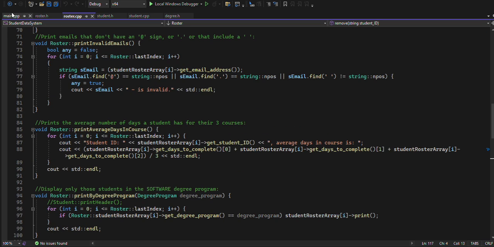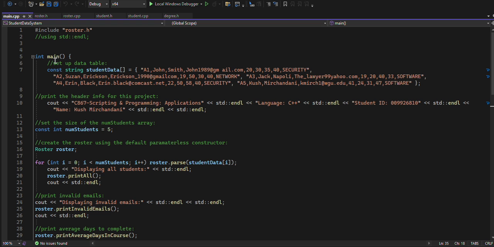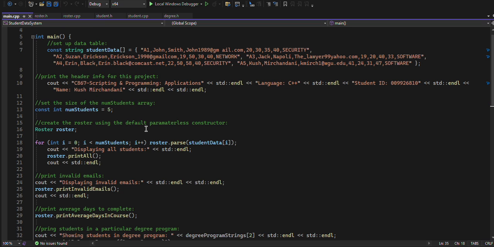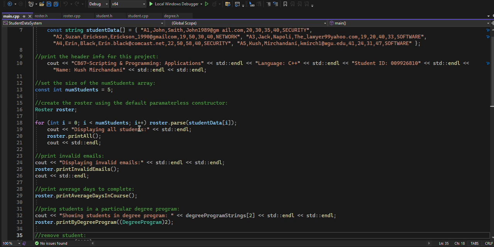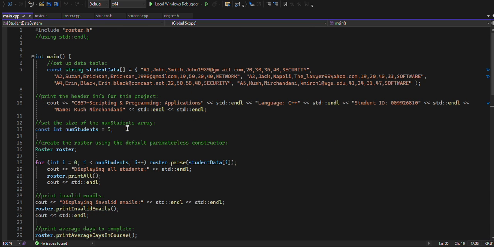And once again, back to the main method. As we saw, here's the raw student data, and that is used to call all the methods that I just described. Once again, I will show the